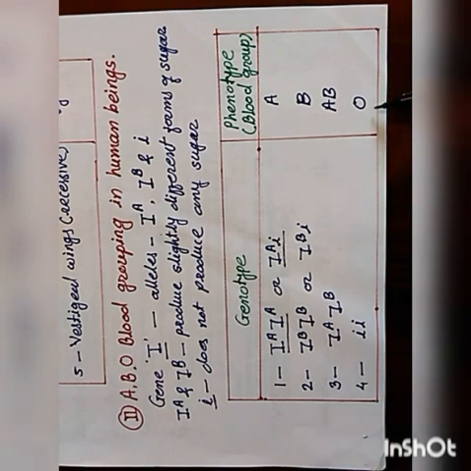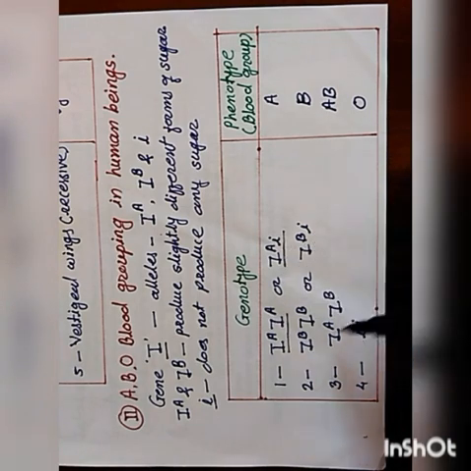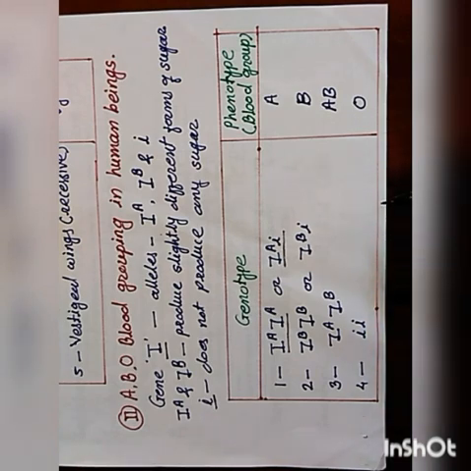And the fourth blood group is the O, and this O blood group has the genotype small ii, means these alleles do not produce any type of the sugar. These are the different types of the blood groups in human being, means man, and the different 6 genotypes, which is the example of multiple alleles as well as codominance.